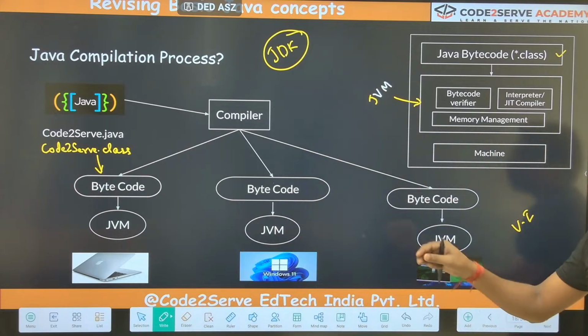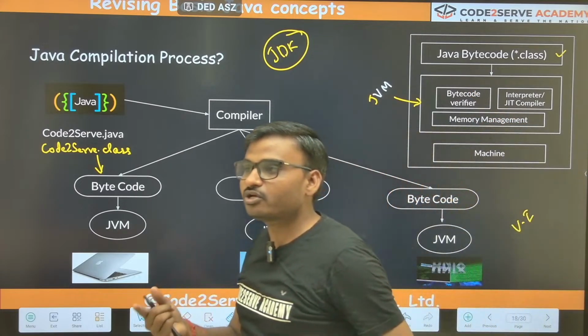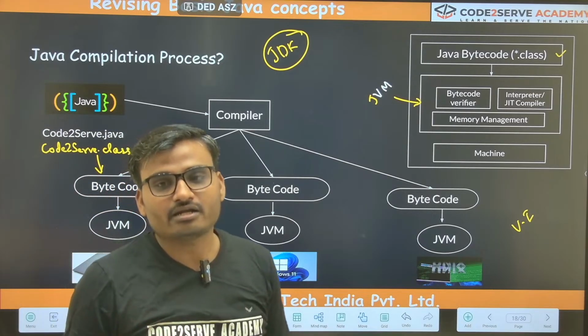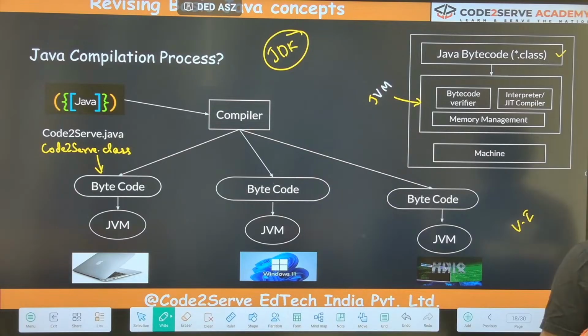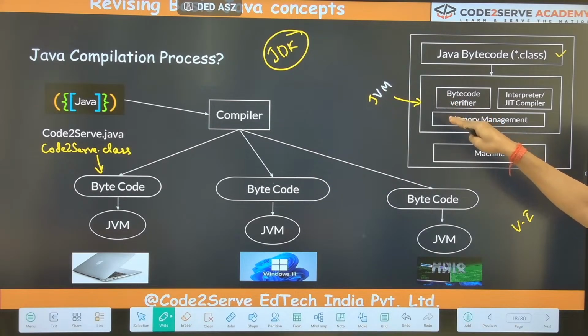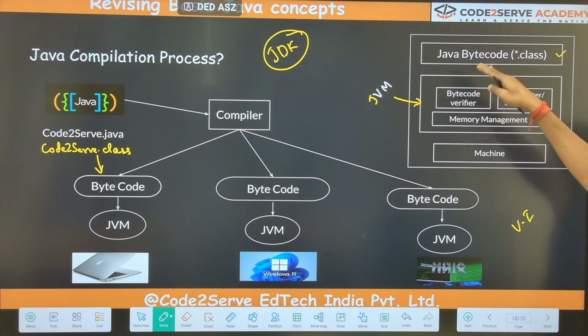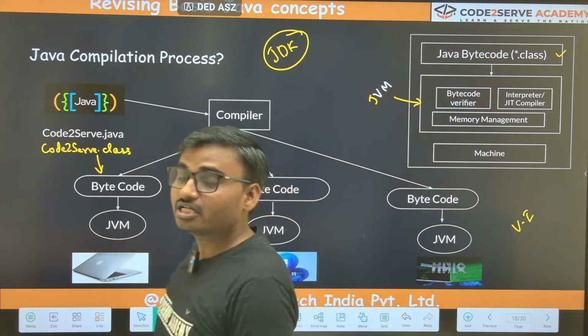You will see that whatever file got created, first the JVM will verify it. What will the JVM do? It will verify whether the bytecode is correct or not. Whenever you write a program, there might be a syntax error, a logical error, a semantic error, the n number of errors that you have learned in class 9. So any error that is there, it will first verify. Who will verify? The bytecode verifier of the JVM will verify whether the bytecode is correct or not.